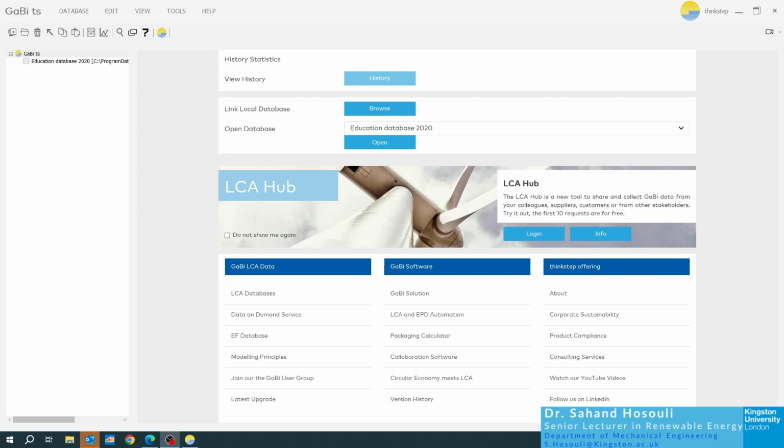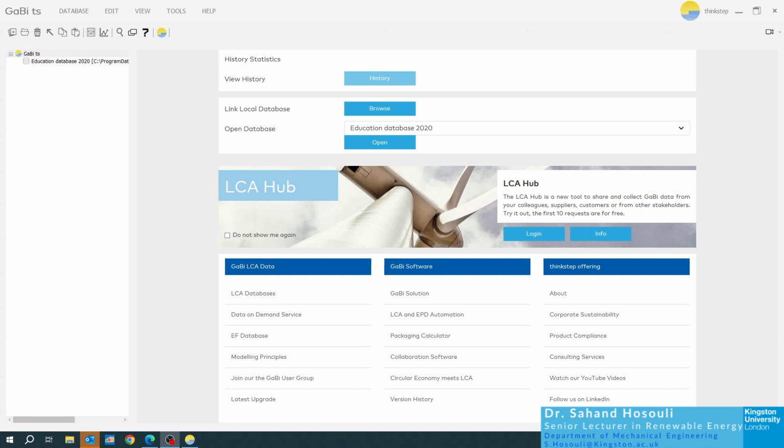Start to work with GaBi software and start to do our LCA modeling in this software. One of the points that I'm trying to do in this advanced course is first try to use the educational database, which obviously is going to have a lot of limitation, but what we are trying to do in advanced case is being able to have our custom modules and custom life cycle assessment, even considering a limited database such as